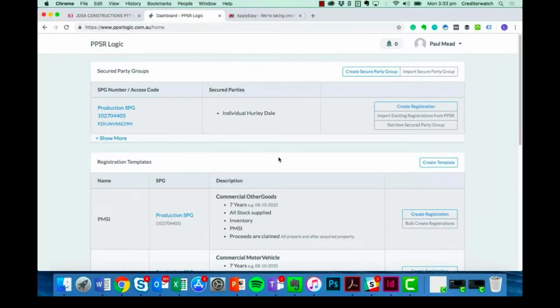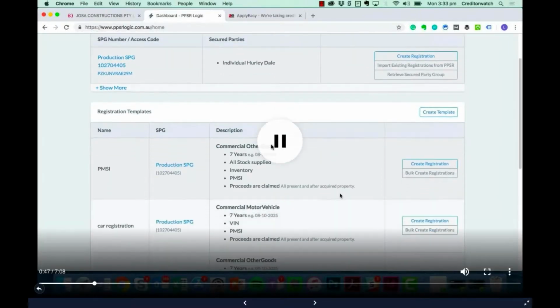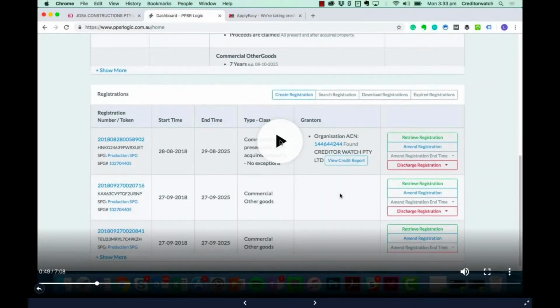If you're new to PPSR and new to CreditorWatch, we can create your SPG and access code as your first step to get you up and running with registering. If we import all of your existing registrations, if you are currently already registering, your registrations will...